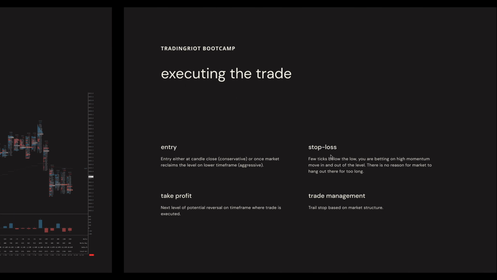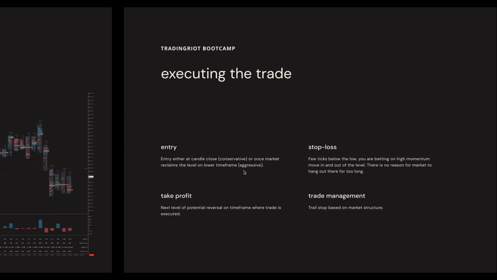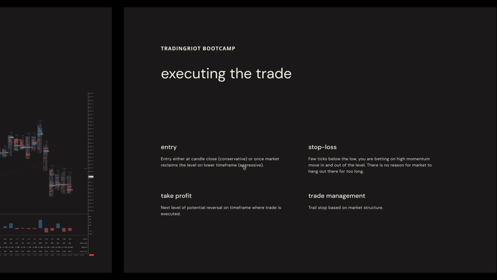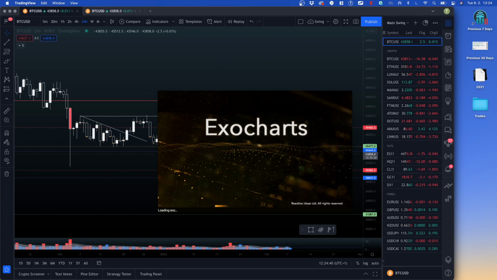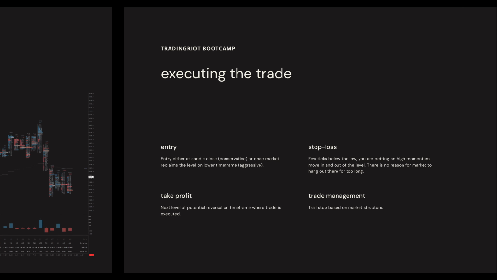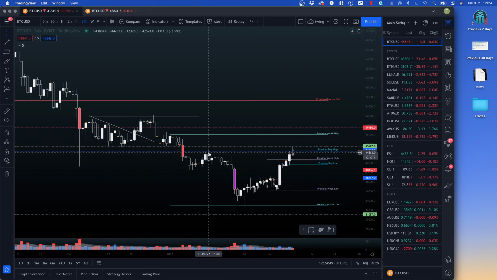Your stop loss is a few ticks below the low. Oh, sorry, I didn't mention the aggressive way to take a trade. Let me actually show you this in a second on Exocharts, because this is something that happened yesterday on Bitcoin, so we have a good reference point for that. I will be talking basically about this case on BTC where the market traded